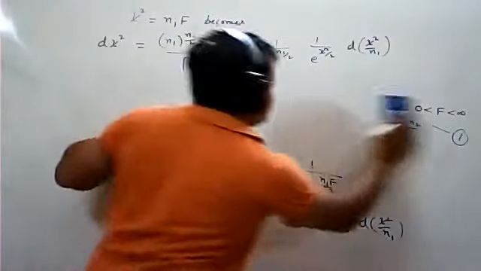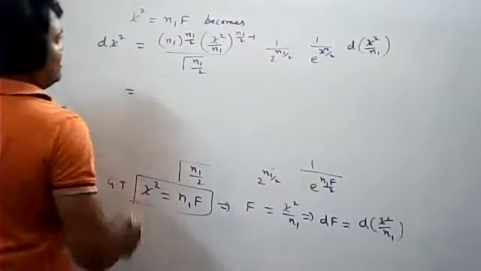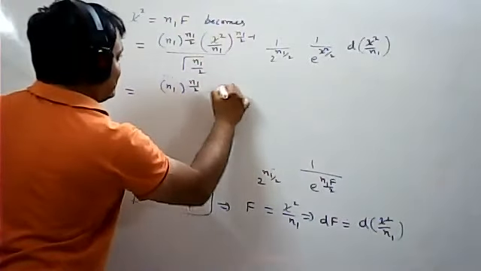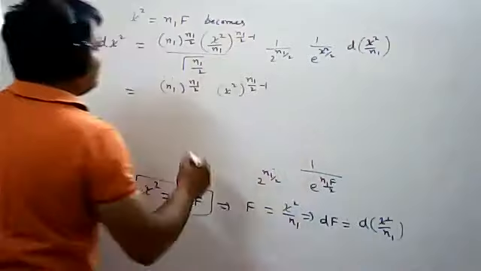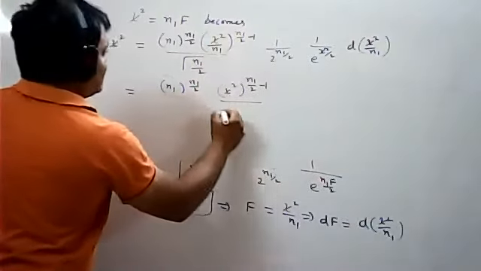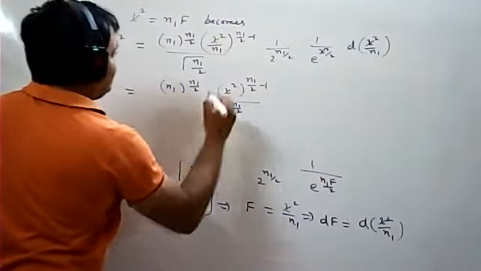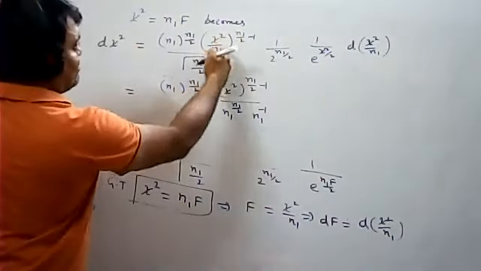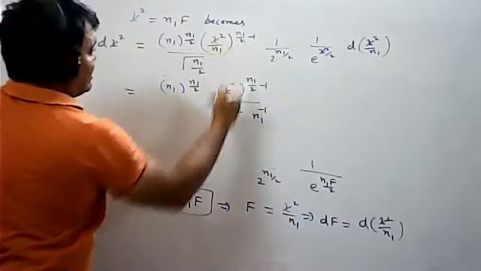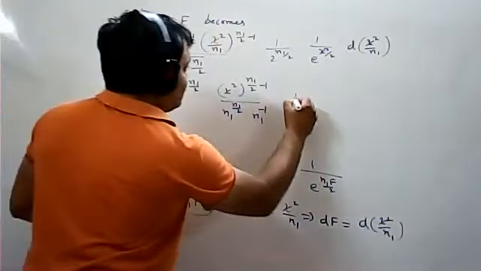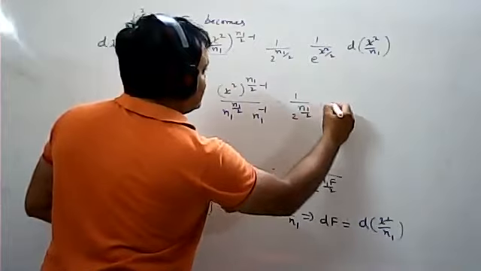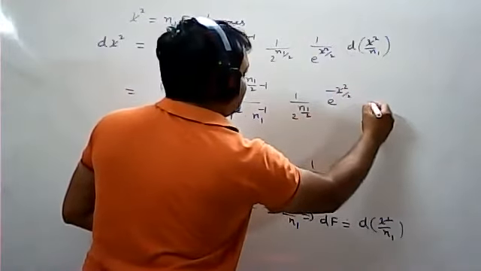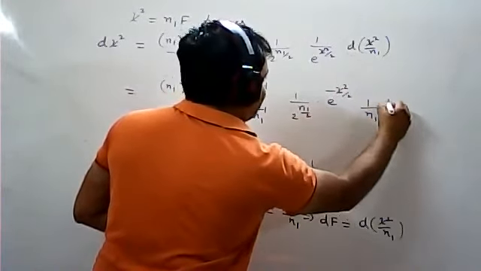This is the simplification now. You can easily simplify. So this is nothing but N1 whole power N1 by 2. This can be written as chi square whole power N1 by 2 minus 1 divided by N1 power this one. That means N1 power N1 by 2 into N1 power minus 1. A power M minus N can be written as A power M into A power N. Into 1 by 2 to the power of N1 by 2 into, 1 by X can be written as X power minus 1. That is e power minus chi square by 2. Into 1 by N1, which is a constant, so 1 by N1 into d chi square.